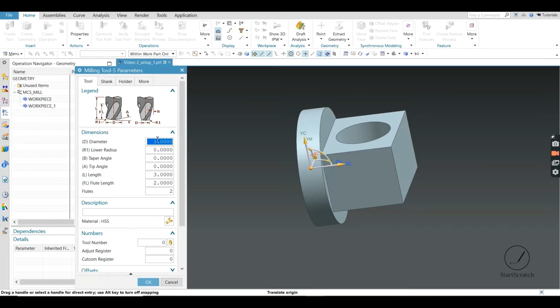See, here the dimensions of the tools are specified. Based on these dimensions only, the geometry should be made while making the initial CAD. If the diameter of this hole or any feature is smaller than the diameter of the tool, then these operations would not run.